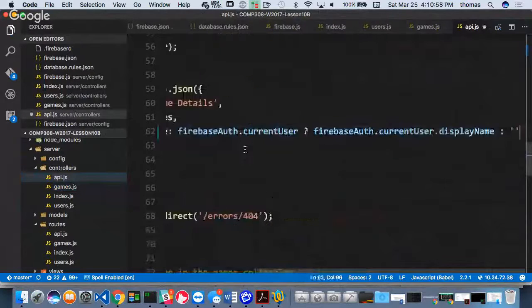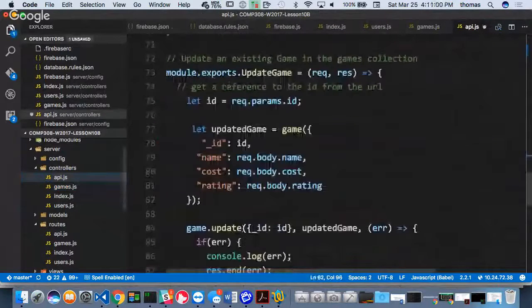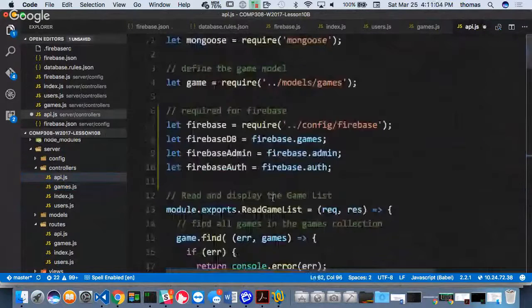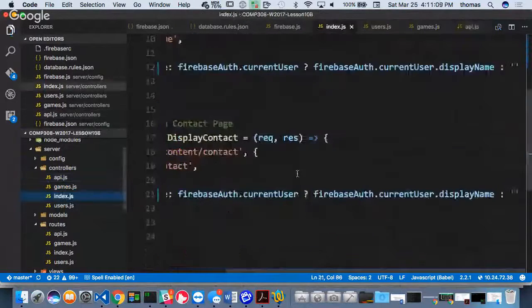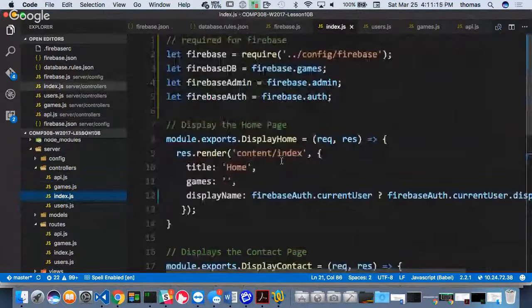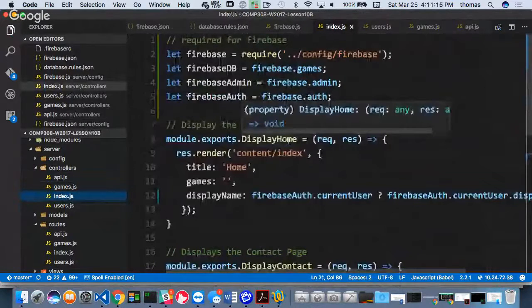You shouldn't need it in the API because we're going to get rid of all that access in a second. But there's just one place where we could have used it. Okay, so that's really it for the first part. All these routes are replaced with this proper thing. These routes work the same, there's no difference here. All I'm doing is checking to see if my Firebase auth current user is the